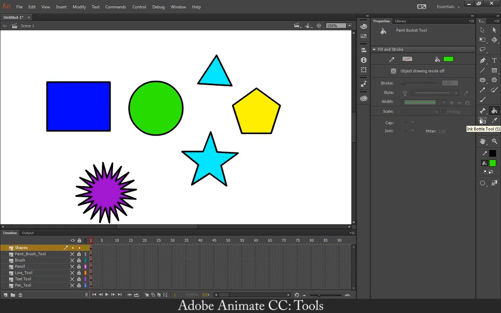The one thing I told you about the paint bucket tool, if it's not working, it's because either A, the shape isn't closed, or B, you can try to mess around with some of these extra settings, such as don't close small gaps, close medium gaps, close large gaps. And let's just pretend